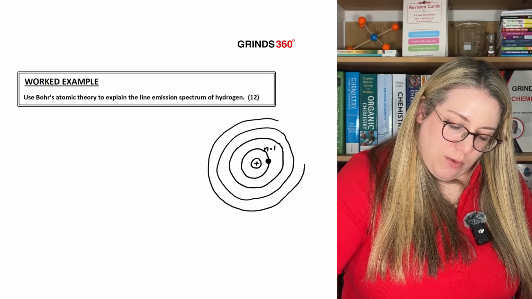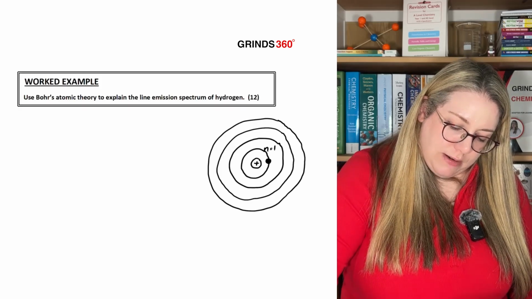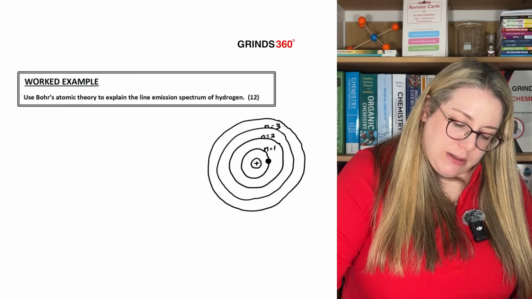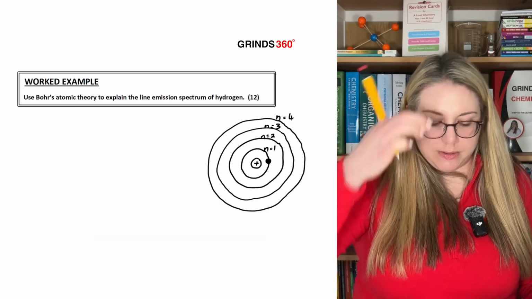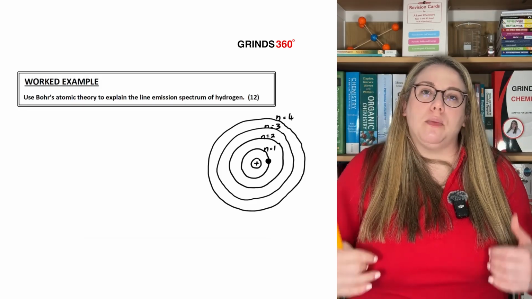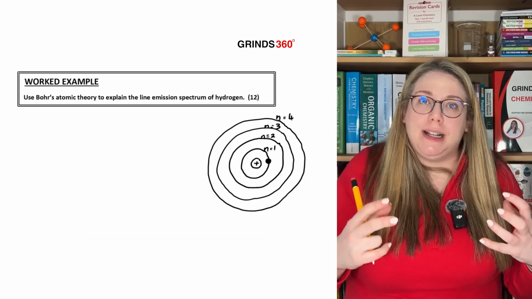Now I've drawn 4 energy levels for hydrogen. So we've got n equal to 1, n equal to 2, n equal to 3, and n equal to 4. Now, just using that diagram for hydrogen, we're going to use that to build the first